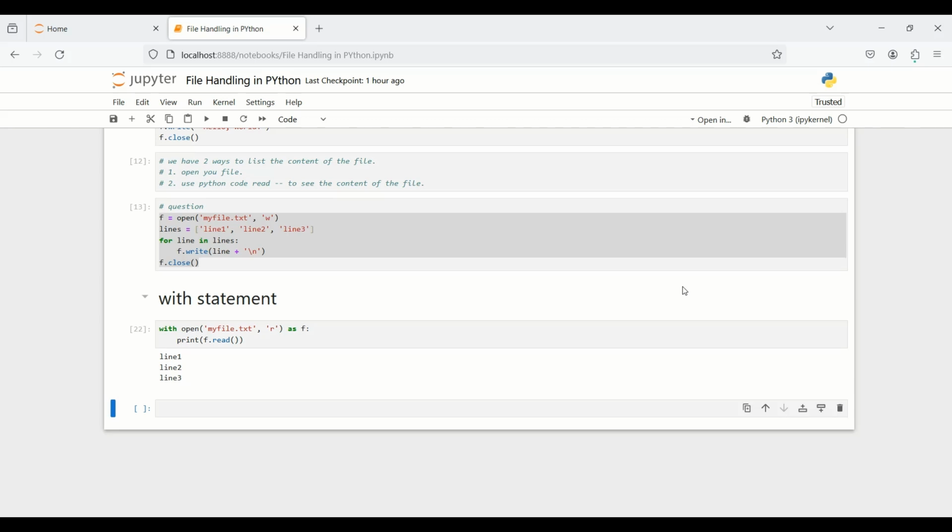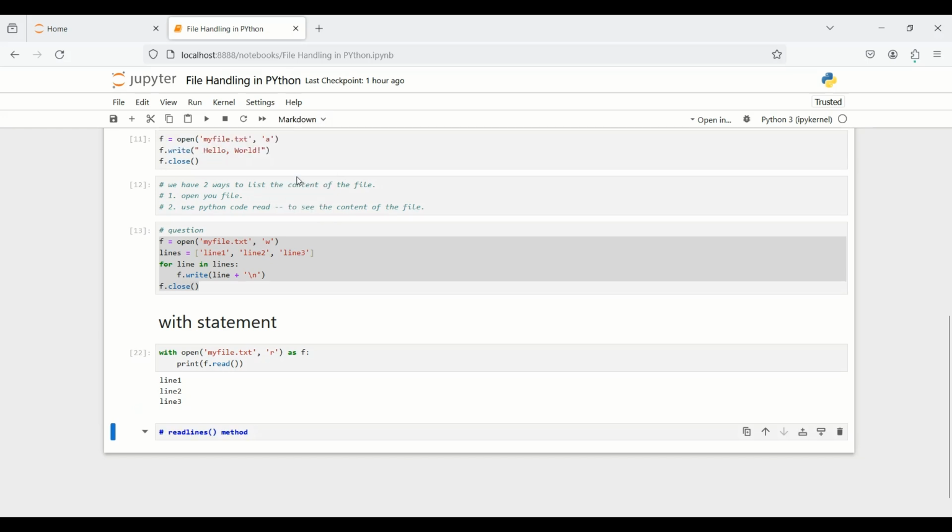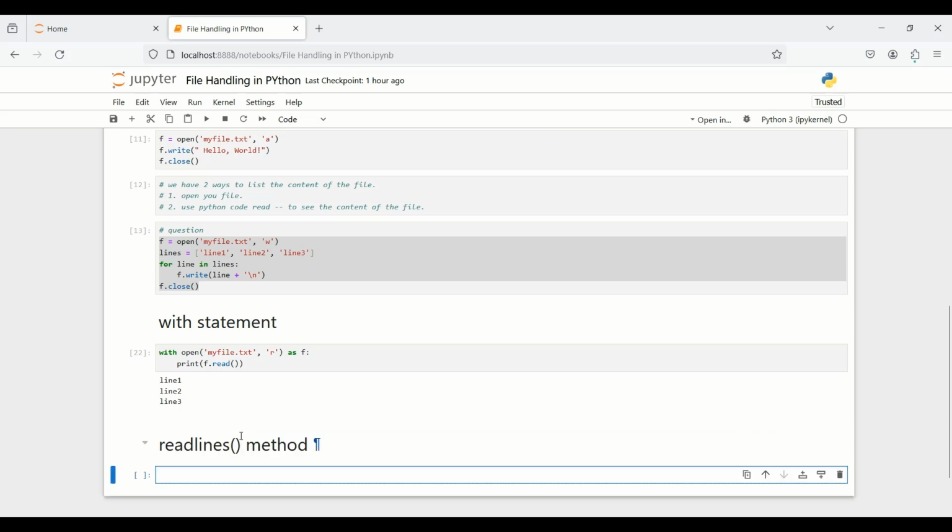Give the heading: Readlines method, and shift plus enter. So this is our heading. Now what we do,